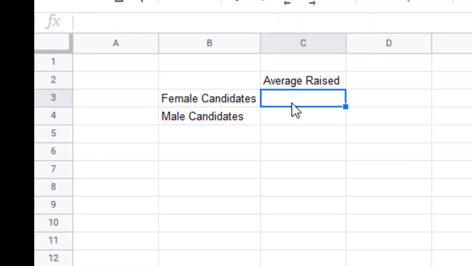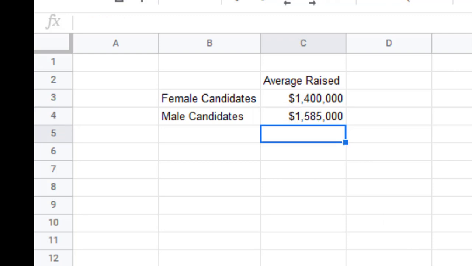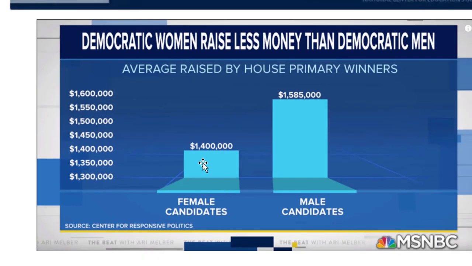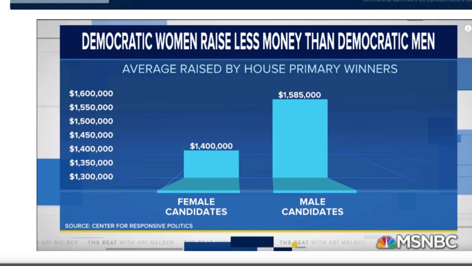And for females, I'm going to put a dollar sign. It was $1,400,000. And for males, if I remember correctly, it was $1,585,000. If you do that, it formats it as money. So that's the same data that is in this bar chart right here: $1,400,000 for female candidates, $1,585,000 for male candidates. And this is what's so slick about Google Sheets,